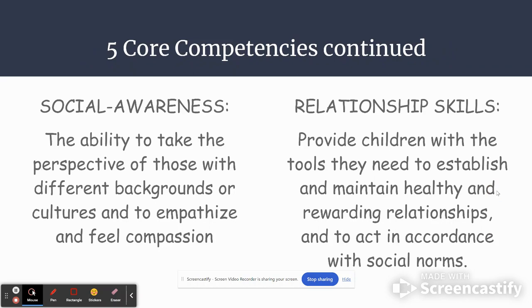All right, social awareness, the ability to take the perspective of those with different backgrounds or cultures and empathize and feel compassion. Being able to know that everyone comes from different backgrounds is something that I think I've tried to